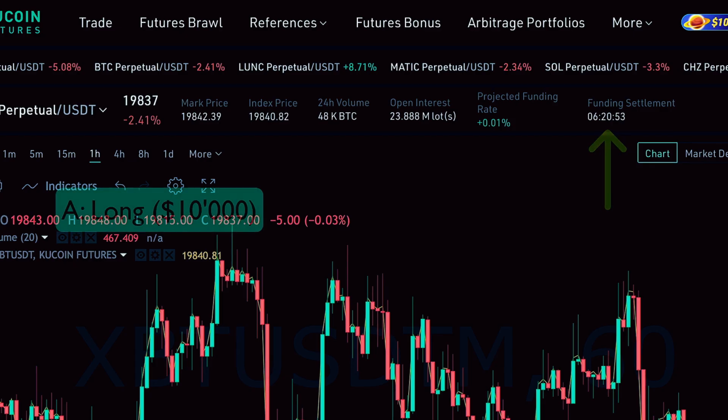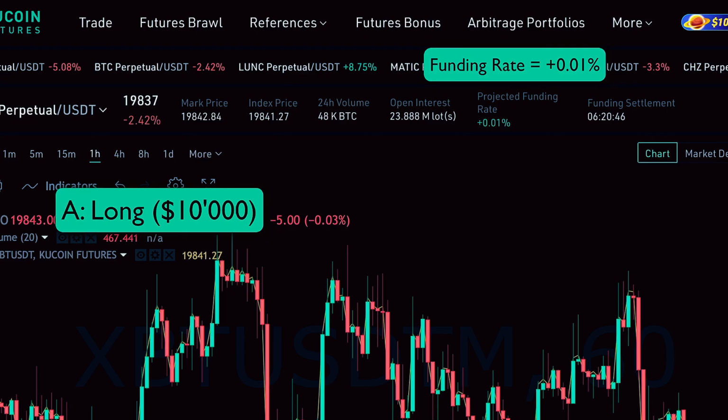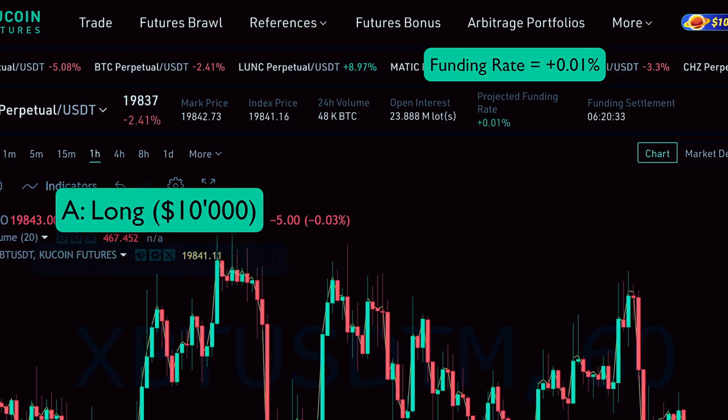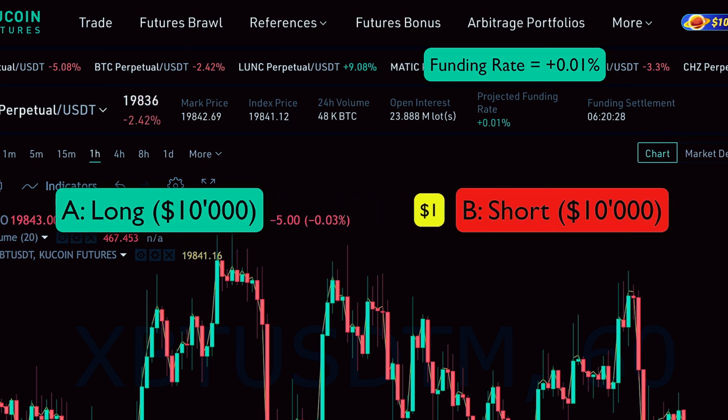So let's say trader A is currently in a long position worth 10,000 USDT and the funding rate is plus 0.01% when the countdown hits 0. In this case, the funding for trader A is 0.01% of 10,000 USDT, so 1 USDT. This funding of 1 USDT will then be paid from trader A to trader B, who holds a short position worth 10,000 USDT. When the funding rate is minus 0.01%, then trader B would have to pay 1 USDT to